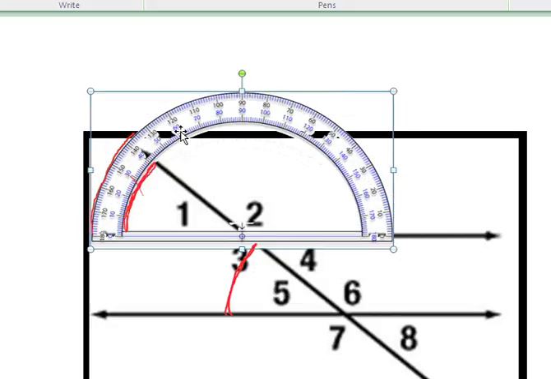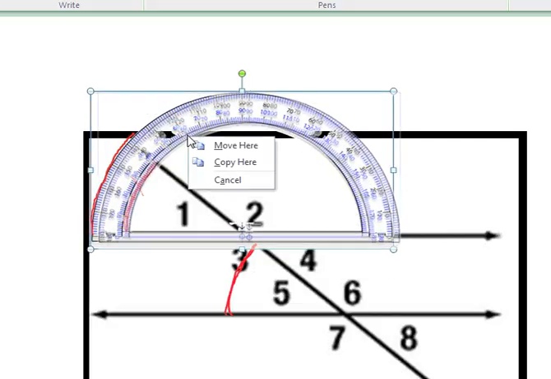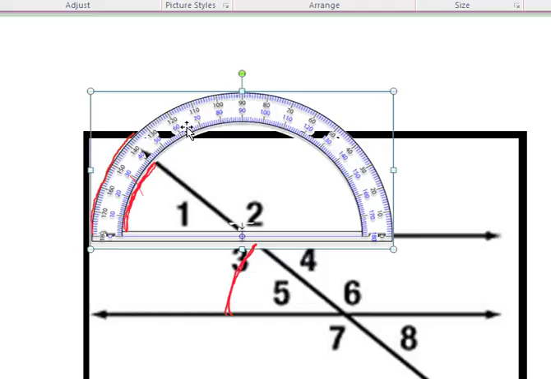Here we go, just moving this over. Put my line on the parallel line. And okay, cool. So what I'm seeing here, if I take my pen,